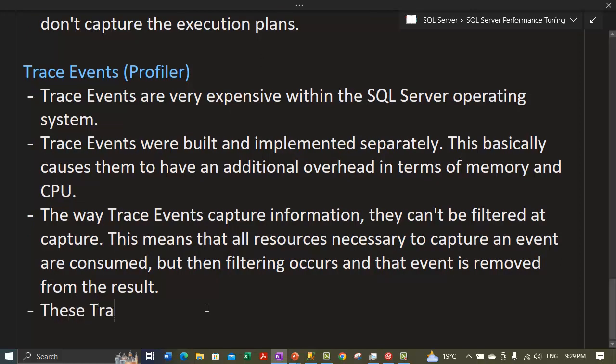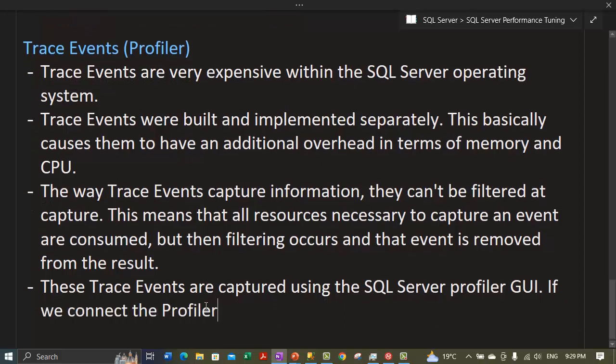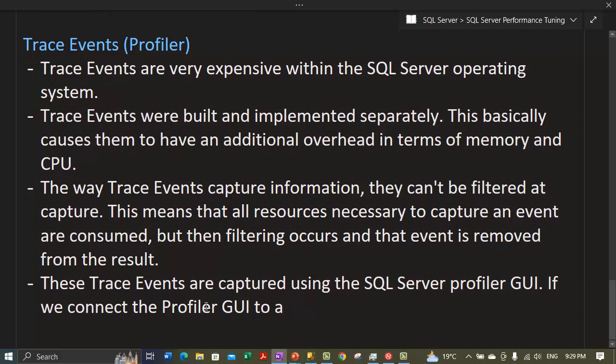So these trace events are captured using the SQL Server Profiler GUI, right? And if we connect the profiler GUI to a trace event on a live server, by live server we mean a production server, it consumes additional memory space on that particular server,